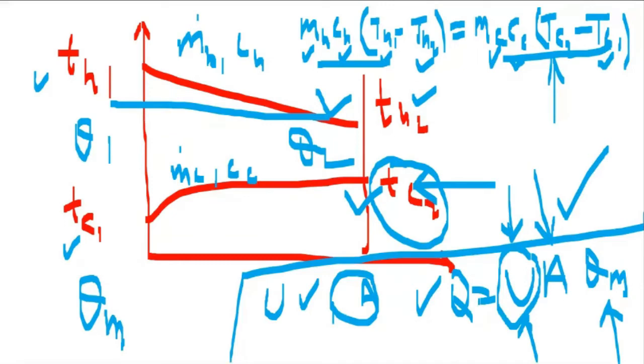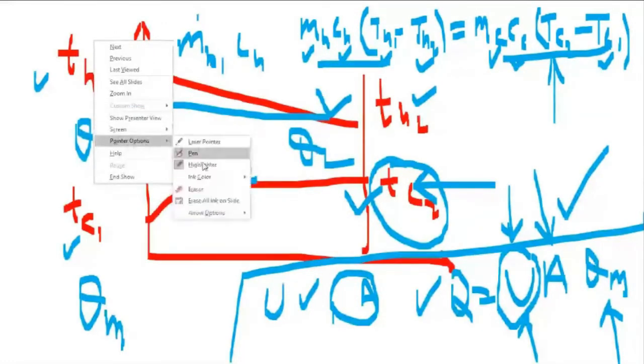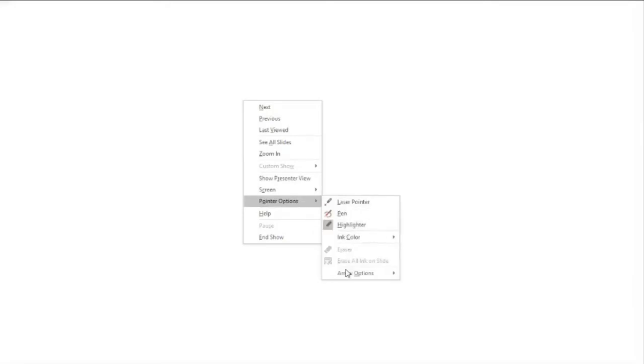Is the application clear to everyone? The screen is a bit messy. Maybe when we will be solving the numerical, it will be more simple. Are you getting the idea why we are using this LMTD? Yes, sir. Okay. So we will go to numericals. Today we will be solving two numericals as per time.